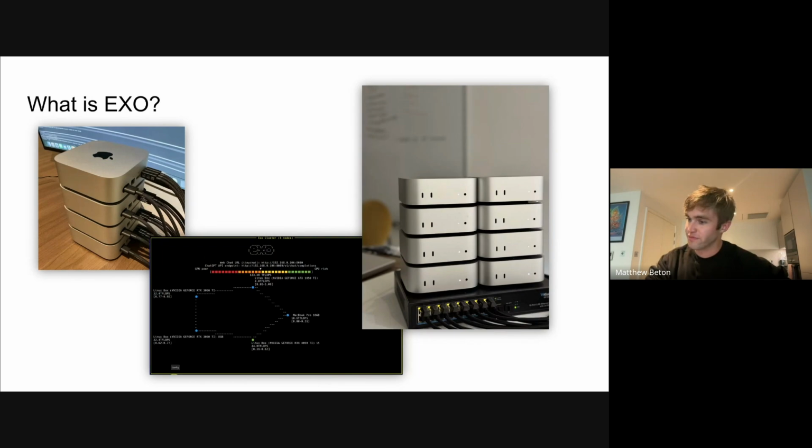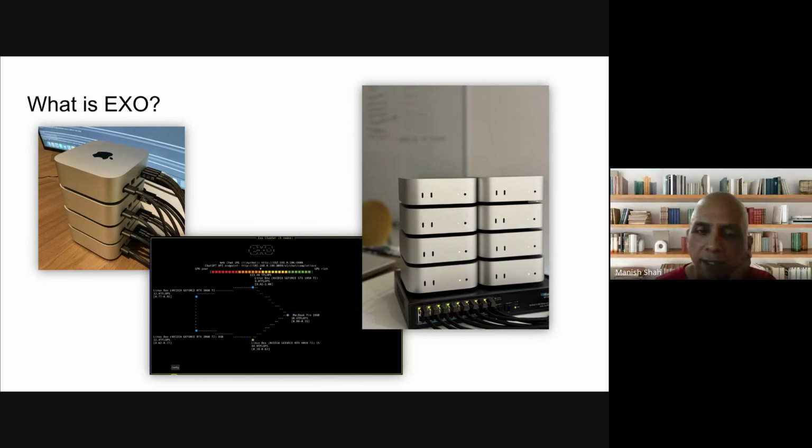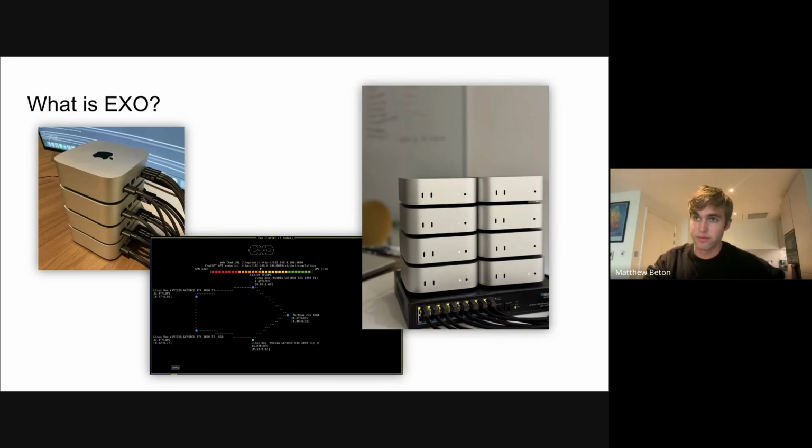So are you saying that Macs perform better than, say, some NVIDIA machines in single inference? Yeah, in single token inference, yes. And there's also the question of how fast can they transfer the tensors around between the devices. But